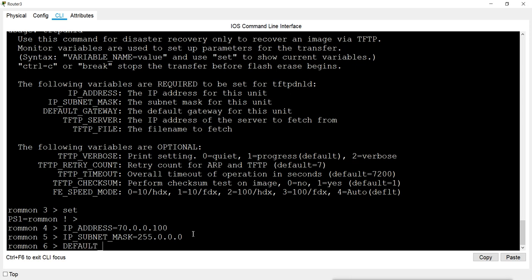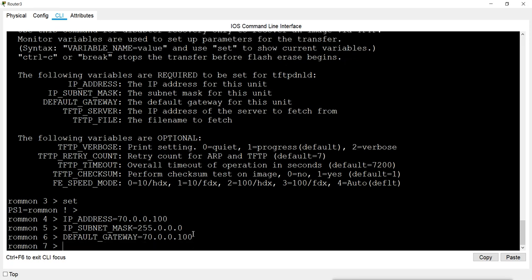Default gateway is equal to the same address, since this router is the gateway for everyone. Now you have to configure the server. TFTP underscore server is equal to, you have to mention the server IP.